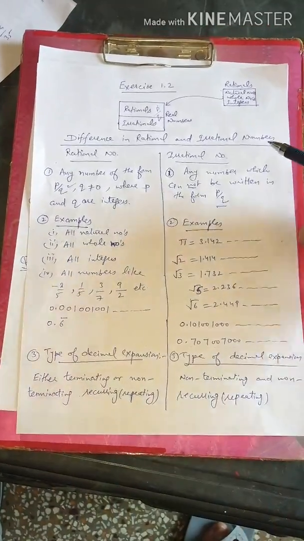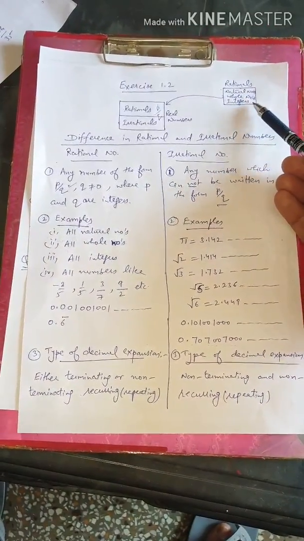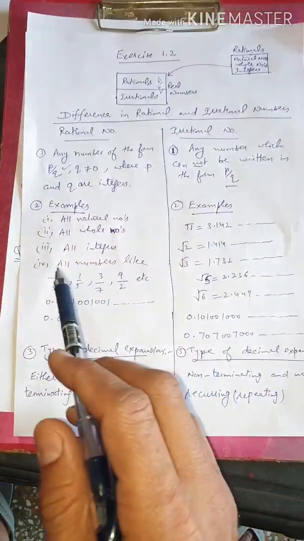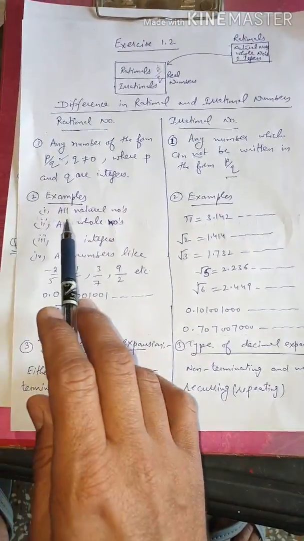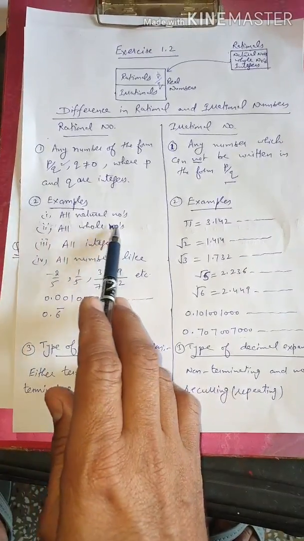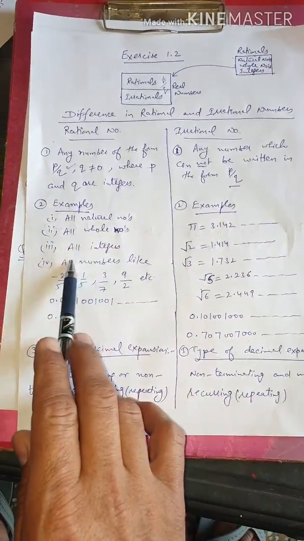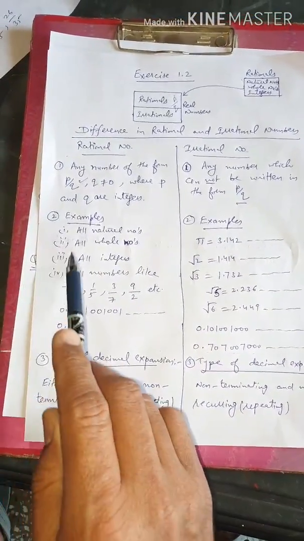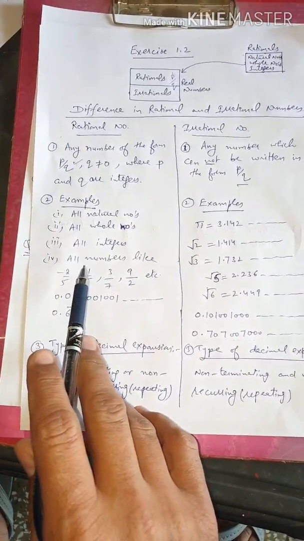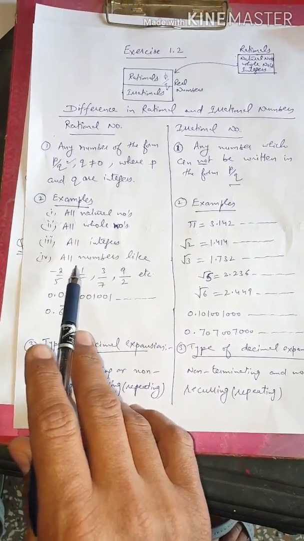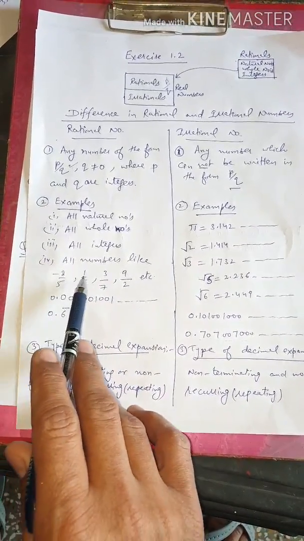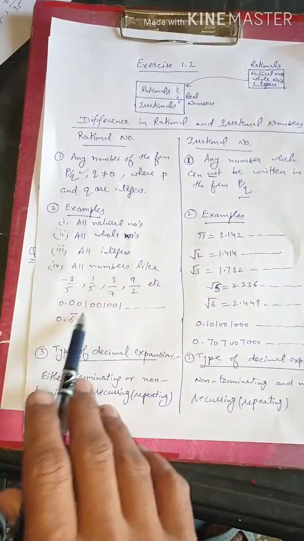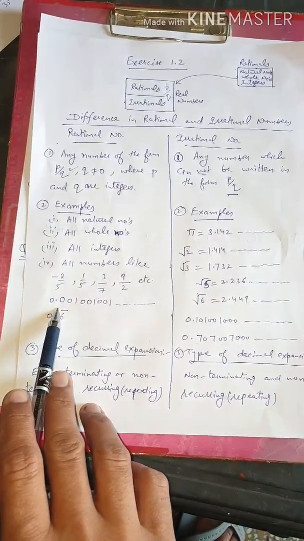Then there are some examples which we have to remember. As discussed earlier, natural numbers, whole numbers, integers, they all are called rationals. So you have to remember their examples. All natural numbers, all whole numbers, all integers, they all are called rationals. Then you can mark some examples by yourself even. All numbers like minus 2 upon 5, 1 upon 5, 3 upon 7, 9 upon 2, etc. Or like this also: